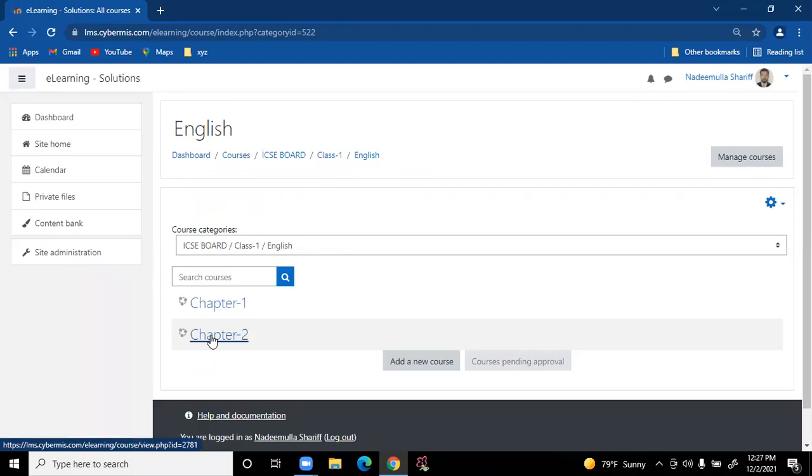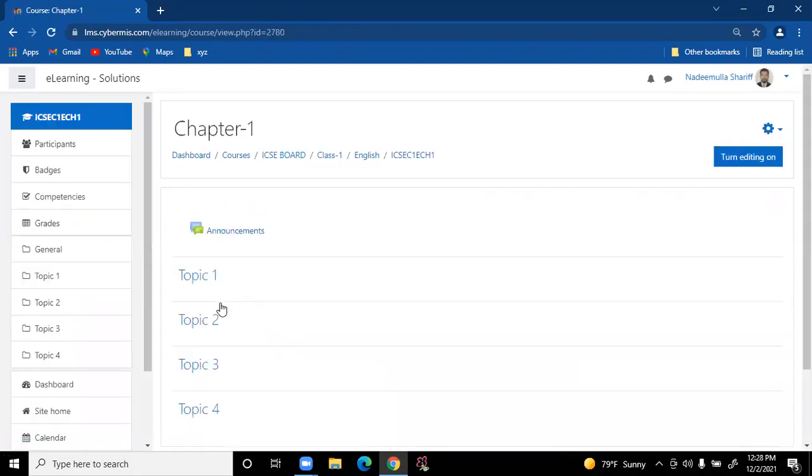Click the turn editing on button. Explain that as you explained to them initially. Go back. You remember Nadeem bhai mentioned earlier that the teacher will see manage and then you will see turn editing on. Once you turn it on, it will give you access to change and do whatever you want. This is very simple, like how we browse the internet. When browsing the internet, you don't have permission to change anything. The only thing you can do is browse, copy and paste. That's it. In future, if you want to change anything,